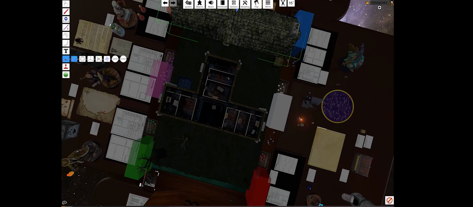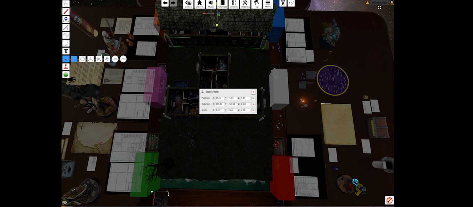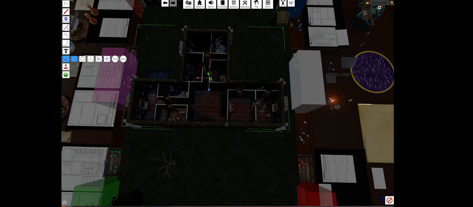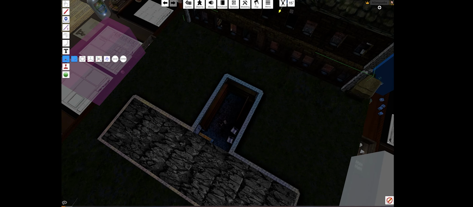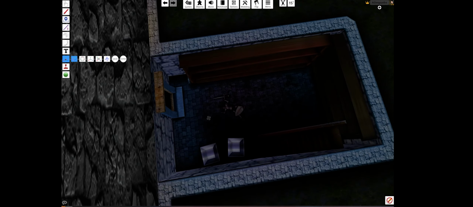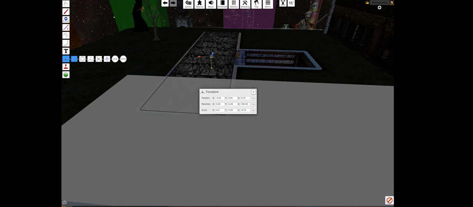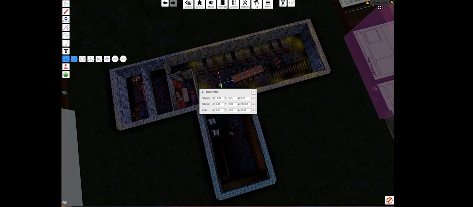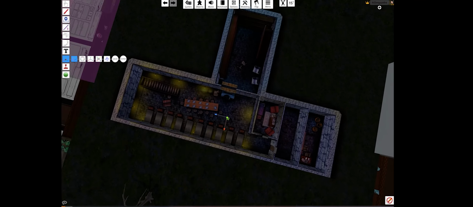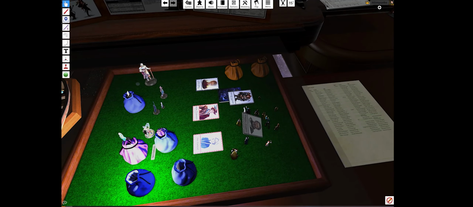Here's the upper floor. Here's the lower floor. We've got the basement, and there's the body in the basement. And hopefully this isn't too obvious, but this is the secret door. And this was really great. My party had a blast just working through there, and to make things even more exciting,